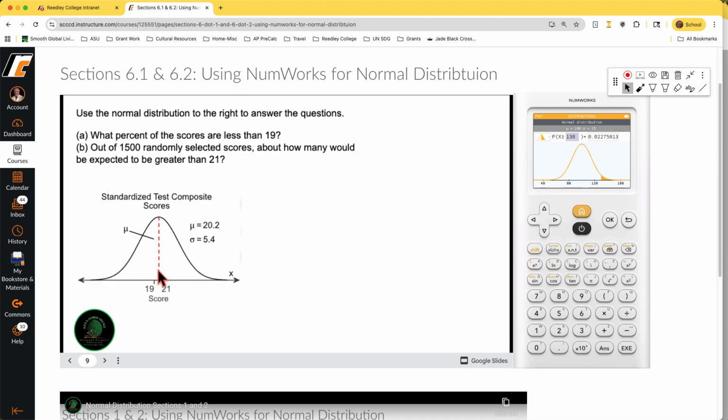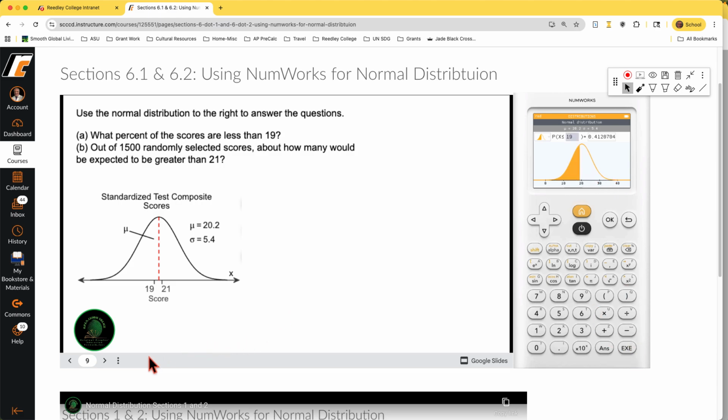Here's 19. We see the picture. We could figure it's going to be less than half, but I can't get it exactly. But I could use the picture, and I could just go back here and say, okay, they told me the mean and the standard deviation. And again, I don't have to worry that there's decimals involved because I just have to enter it correctly, 5.4. So on average, score is about 20.2 plus or minus 5.4. That's what I'm thinking. I get to my normal distribution, and I want less than 19. So that's the first one, right? That's the less than. I put in 19